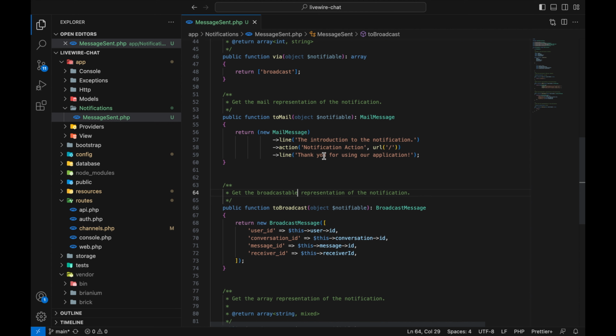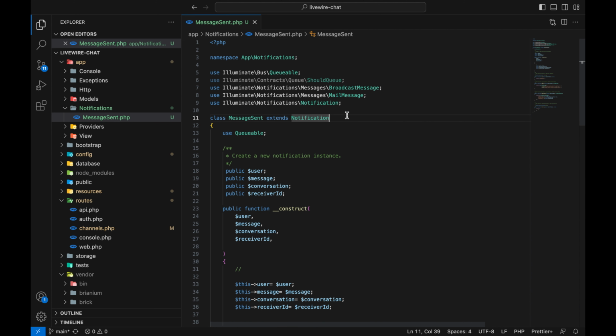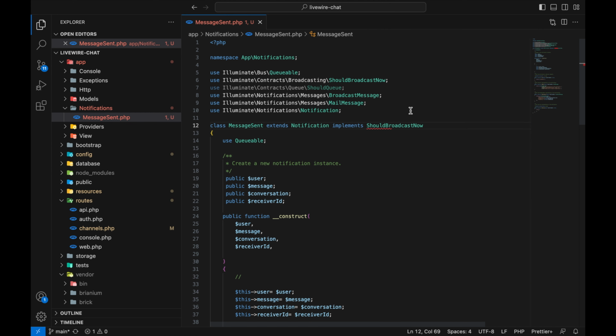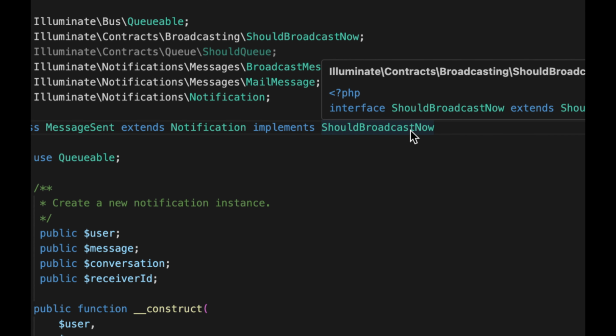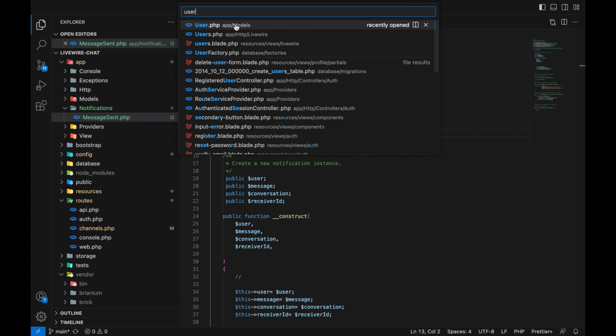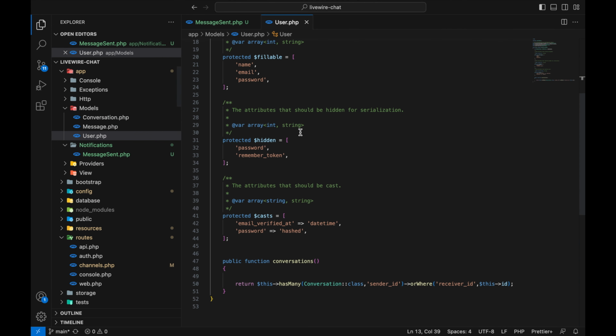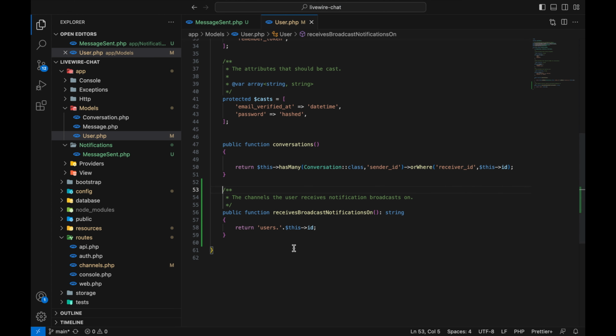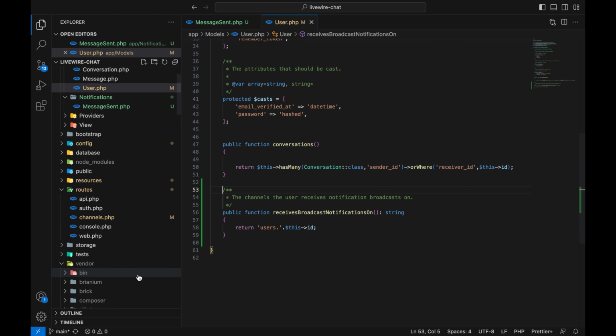In here, before you go back to the app, we have to add one more thing. Here we have to implement ShouldBroadcastNow. Make sure it's ShouldBroadcastNow. Alright, we're going to change that later, but for now just go to the User model. In here, after the conversations, we can just paste this one. So after customizing the channel, one last step. In here we can